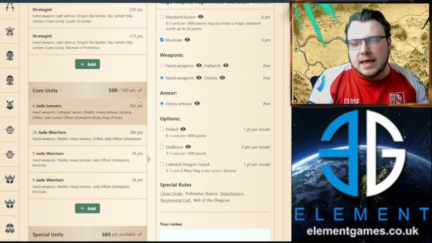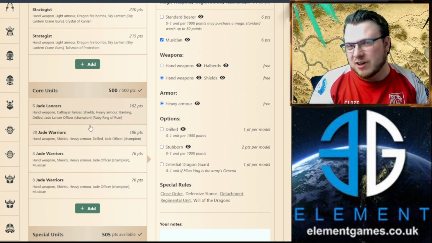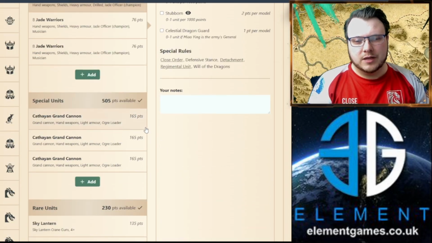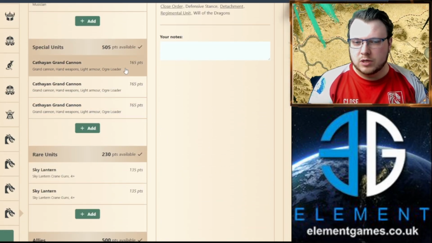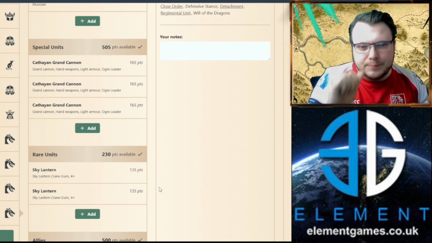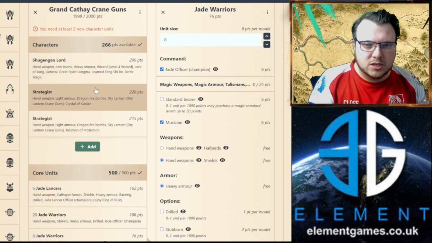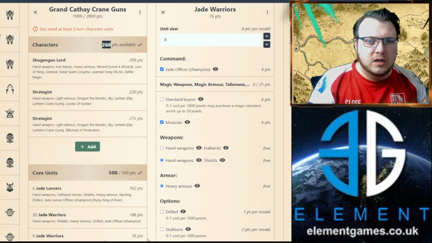But yeah, there's definitely points to taste, and also this loadout here is very comfortably 500 points, something I like about that. Then we've got triple cannon with Ogre Loader, so we can fire all of them twice, and 2 more Sky Lanterns. Like I said, this is the version that I like the least because it's gone for crane guns, so I think this is sort of...